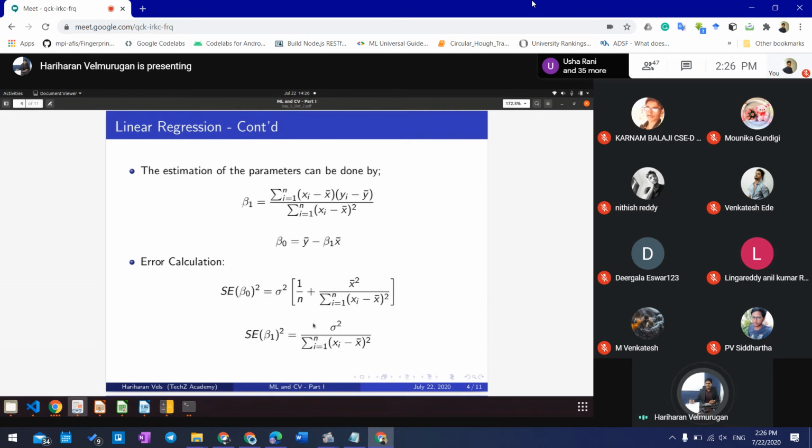Then only we can arrive at this position. I have told already that it is something similar to the slope. So you can see (y1 minus y2) divided by (x1 minus x2) also. From that concept also we can derive the beta one. But in many scenarios it is not advisable